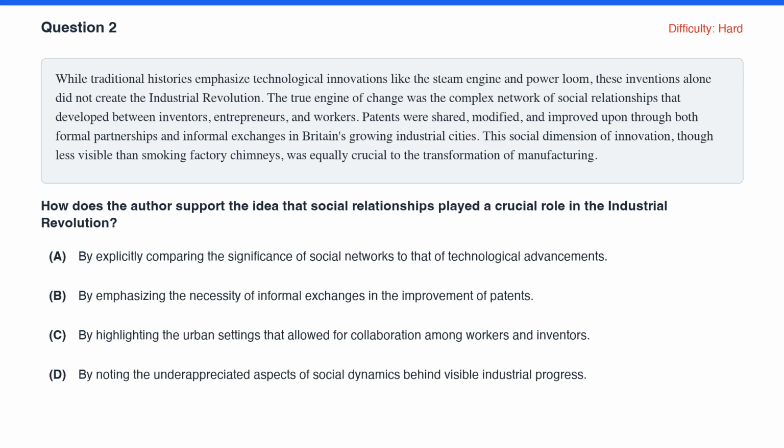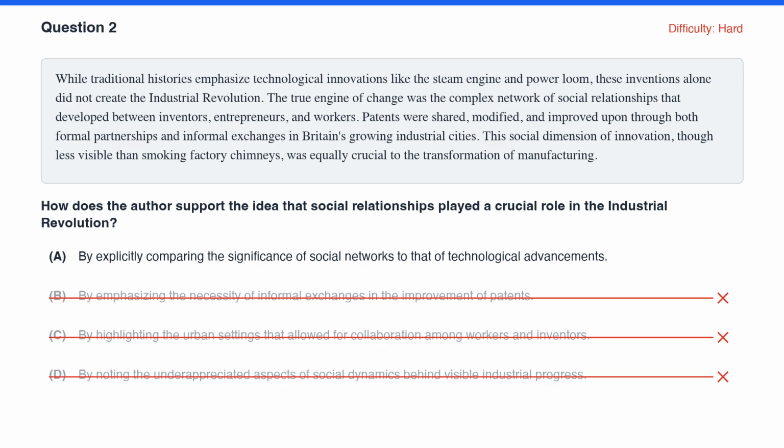The choices offer 4 possibilities: an explicit comparison, an emphasis on informal exchanges, a focus on urban settings, or a framing of social dynamics as underappreciated. Choice B is wrong because informal exchanges are mentioned only as one example alongside formal partnerships, not used as the main support. Choice C fails because urban industrial cities are noted briefly as a setting, but the author does not build the argument around geography. Choice D misreads the tone. The passage observes that social dynamics are less visible, but it does not frame them as underappreciated, only as equally